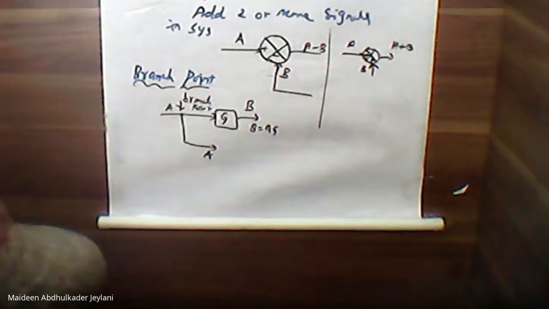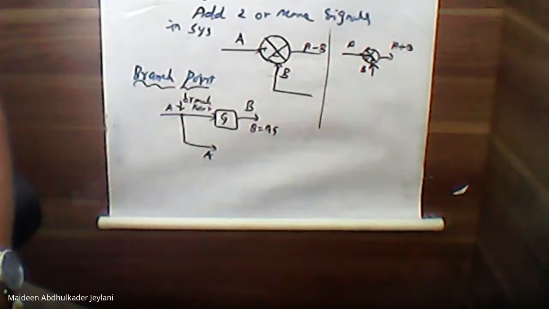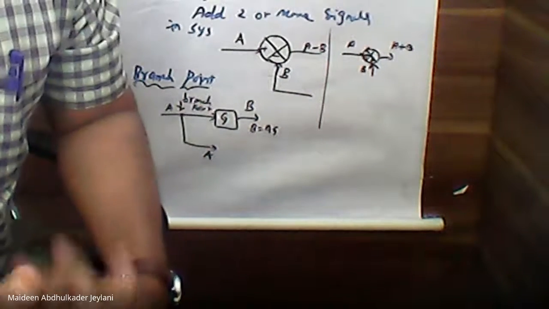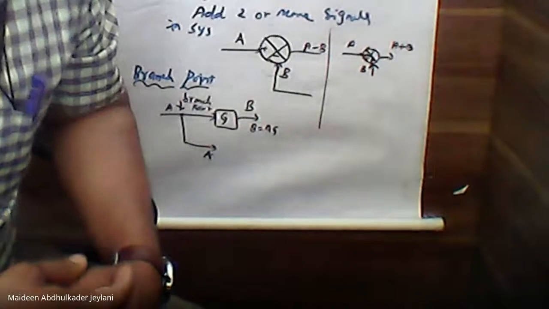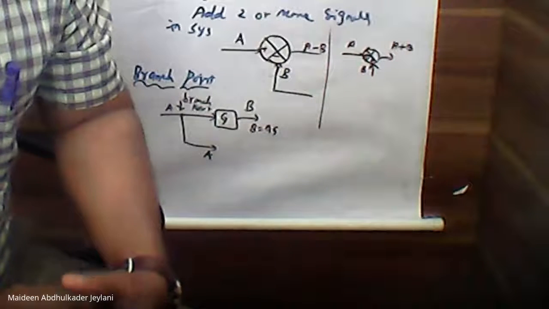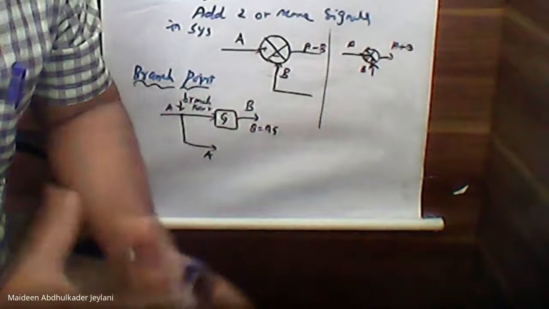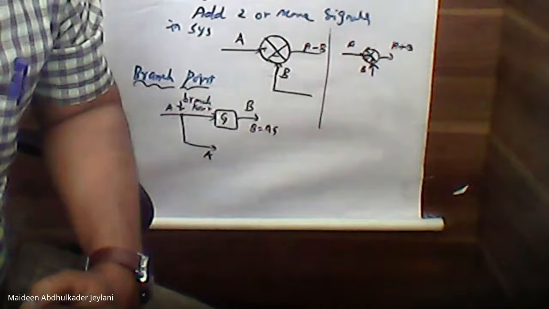So in block diagram reduction techniques, we have certain rules to be followed to reduce the block diagram to get the final outcome of the system. Consider a block diagram which has a number of branches in a given system. You are asked to reduce this block diagram to a single system. Clear? In this case, what will you do?